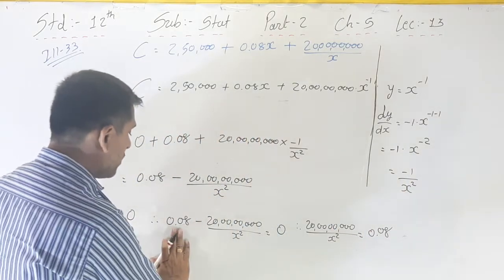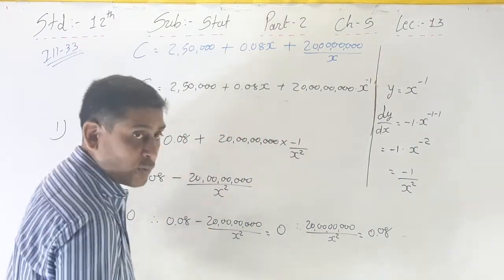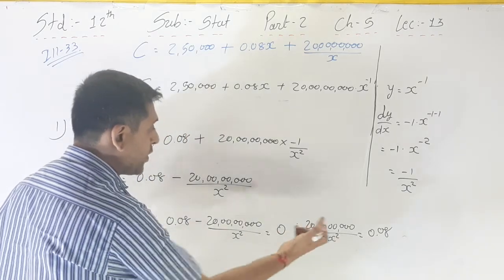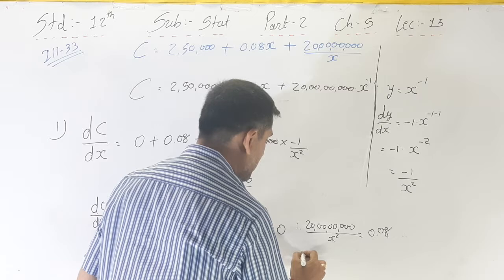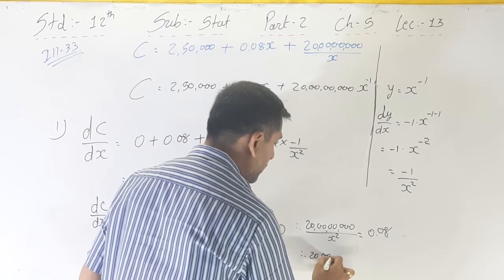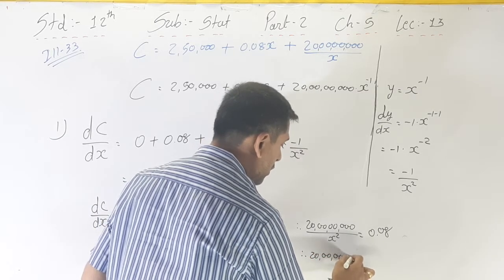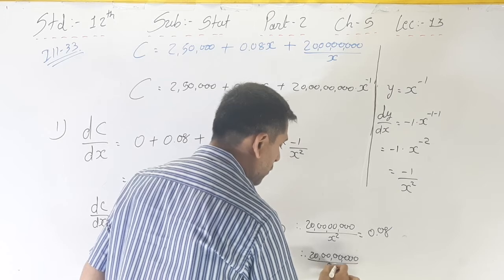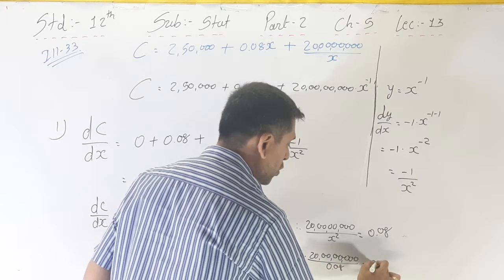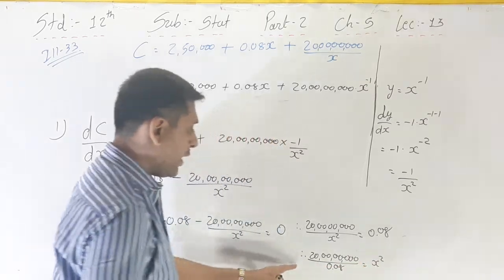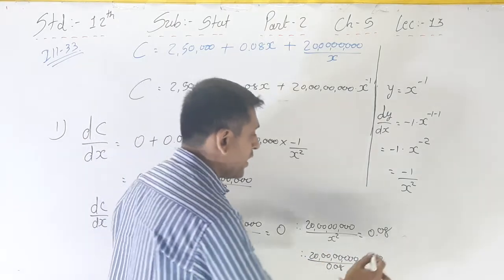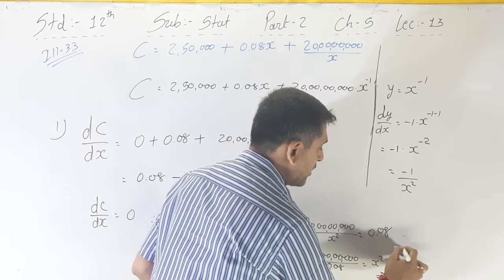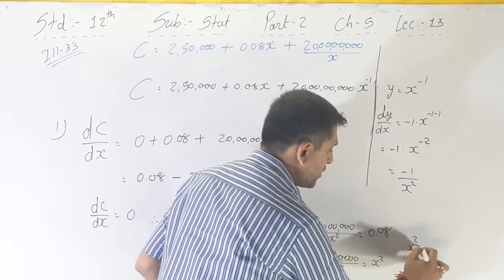Here this one is transferred to the opposite side, that's why minus becomes plus. So 20 crore divided by 0.08 is equal to x square. That's why the final answer, x square is equal to,